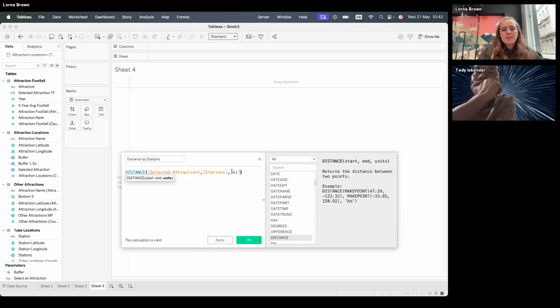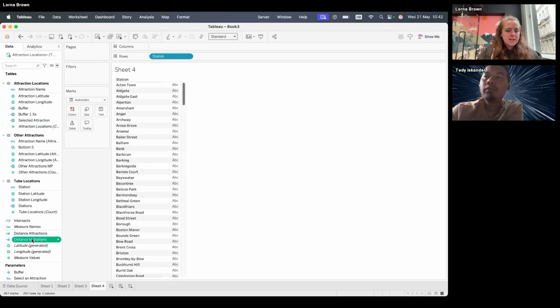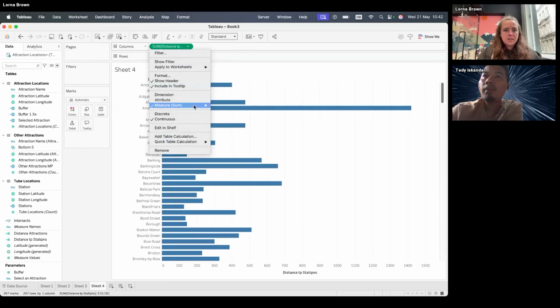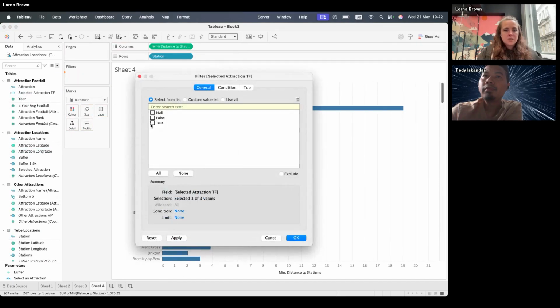You can also use a parameter in here to change that bit at the end of your distance and in any of your buffers as well. So the options are MI, M, KM, or T, I think is the other option. So you can use a parameter to then change what specific distance you're then looking at. So if I add in my station name and I add in my distance to station, again, change that to minimum, put my selected attraction in true,